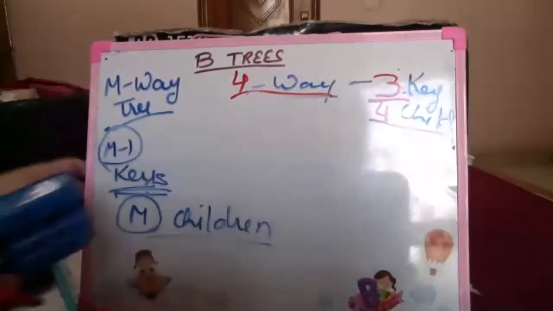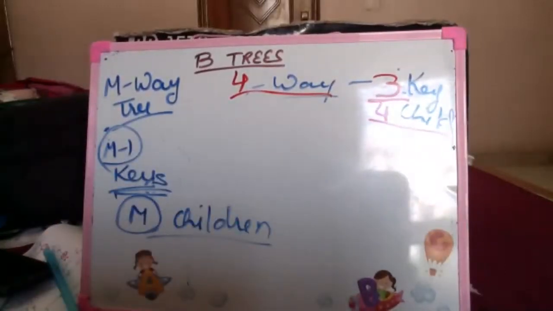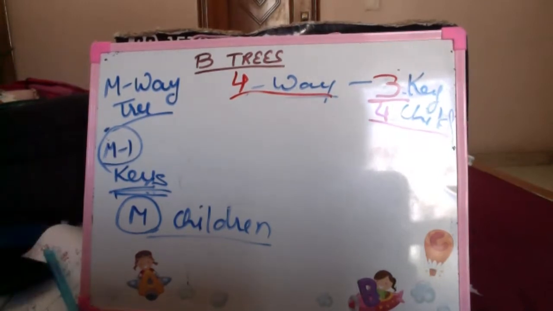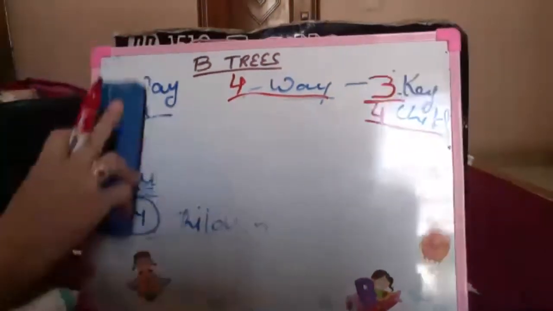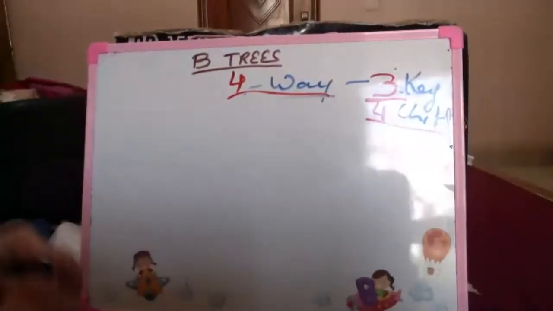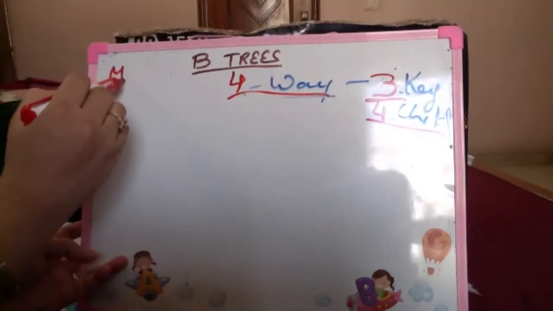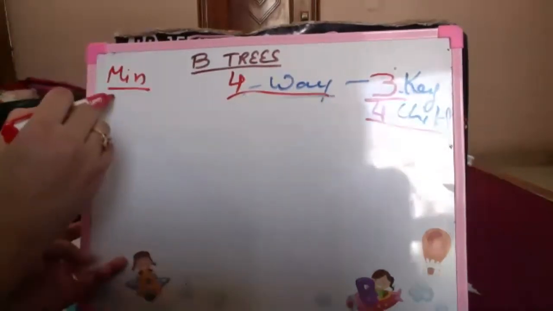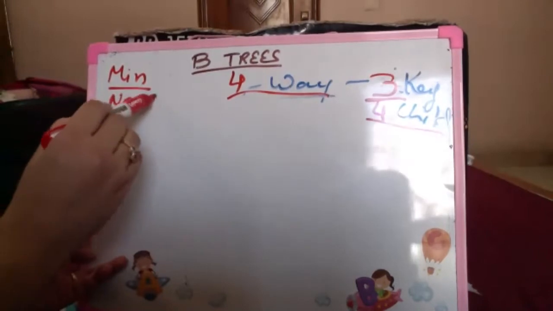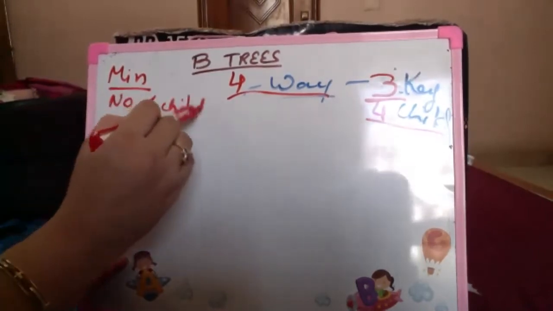The minimum allowed number in this case is, if a node has 4 children, it has to have 3 keys. Otherwise, you will not be able to bifurcate between those. So in case you have 4 children for a node, it has to have 3 keys. In case there are only 2 children, you can have only 1 key. So the minimum number of keys per node which is mandatory is the number of children of that node minus 1.